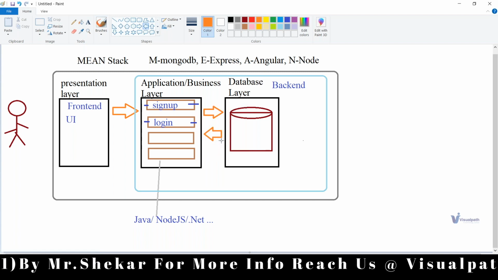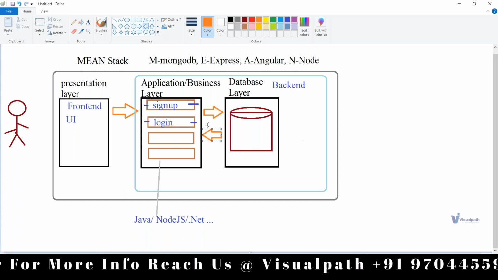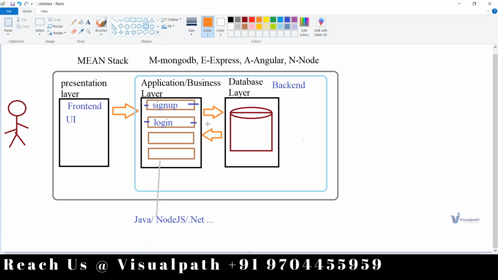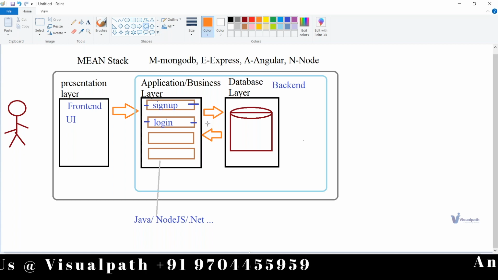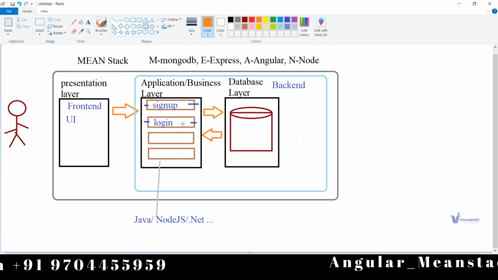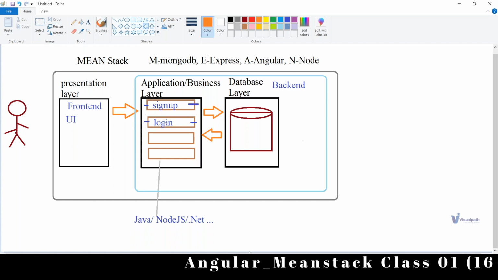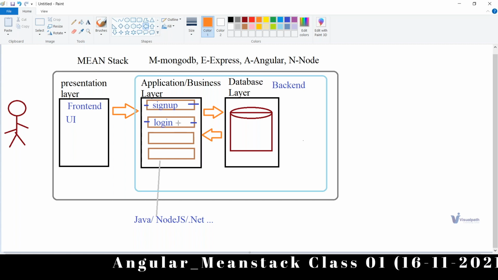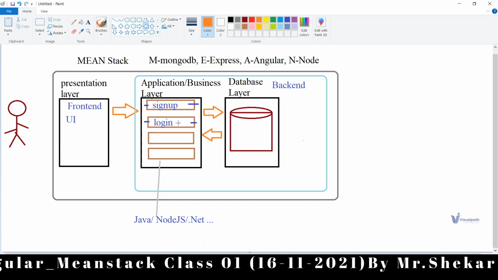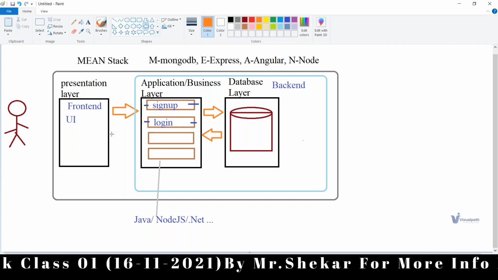So assume yesterday, when we registered, the username we gave is abc, and the password is something like 123. Assume that is the case. Now when you are entering the login, you enter abc, but for the password you enter something like 456, whatever it is. Then what happens? Whatever password you entered, and the password which is fetched from the database, both will be matched together.